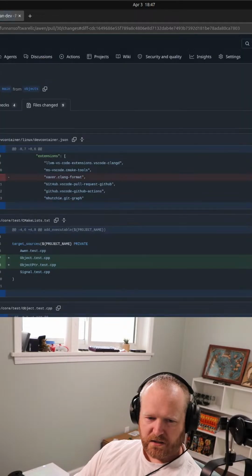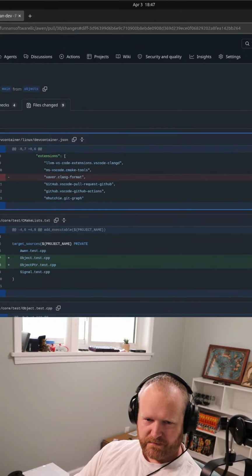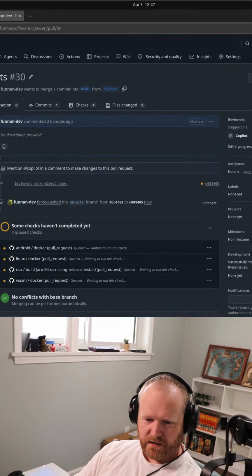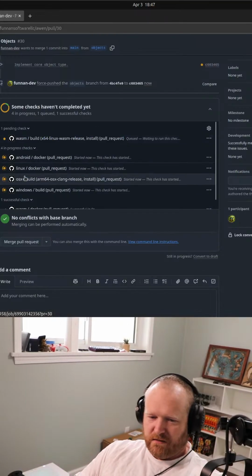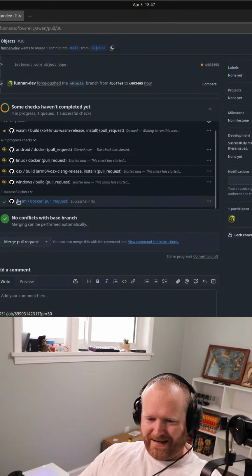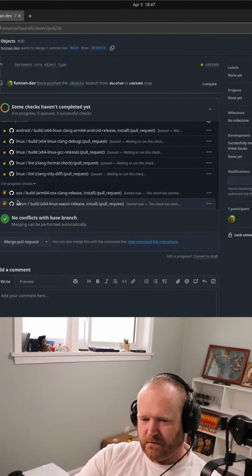Hey, these look like the changes I made. Yep, that's exactly what I wanted. Now, does this pass the pipelines? Does it compile for Android, Linux, Mac, Windows, WASM? Look,